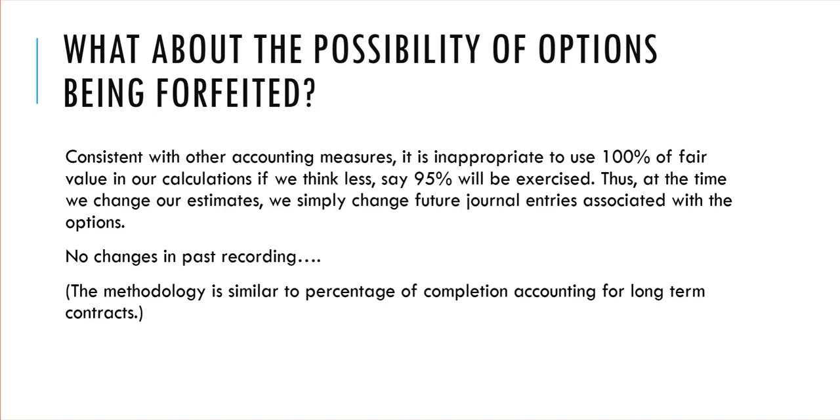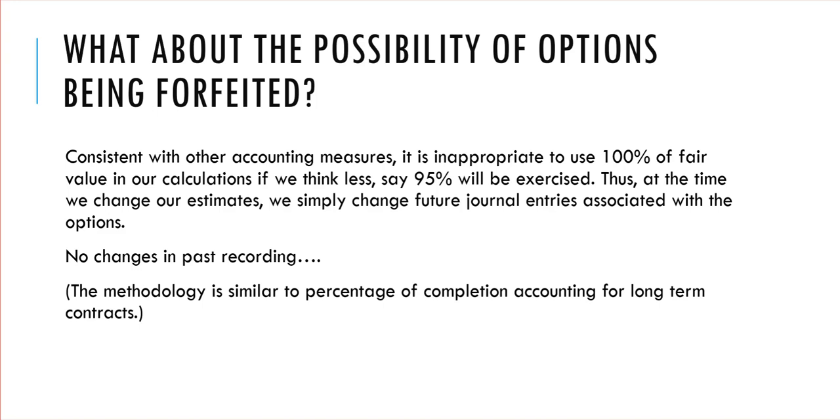Now, since you're going to think about these executives staying with you 10 years, you know that's not logical. So you estimate. And just like all the other estimations we have had, you understand that if you make a mistake in an estimation, it's not an error. It's just a bad estimate. So we think 95% of these will be exercised.